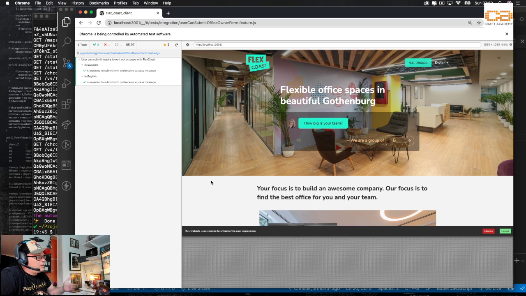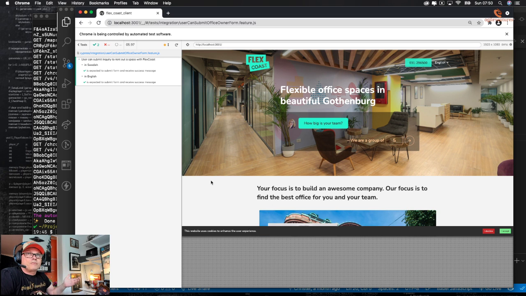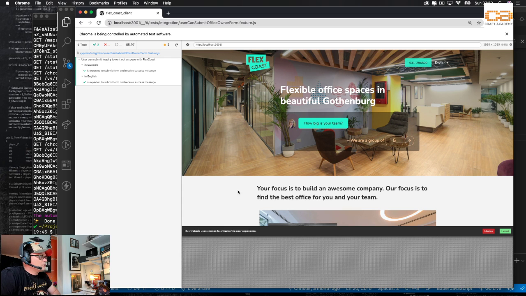The idea is that this company collaborates with a lot of co-working space providers, and it allows people to submit interest forms, and then a broker from that company looks for the best possible solution in this particular city, Gothenburg in this case, right?